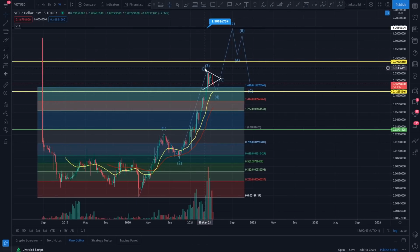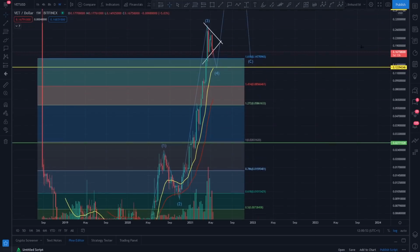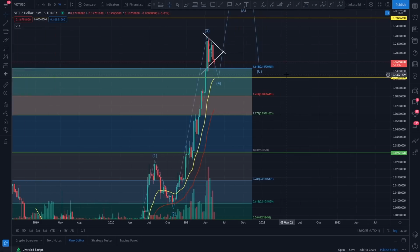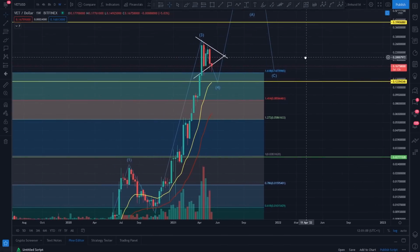So right now you can see that Vechain has almost, not quite yet, made that lower low there. Do you see that? What it's done is it's basically whipped off the 1618. It's just caught a level of support just above. Do you see that? But what's looking likely right now, you can see it's effectively rolling in a bit,